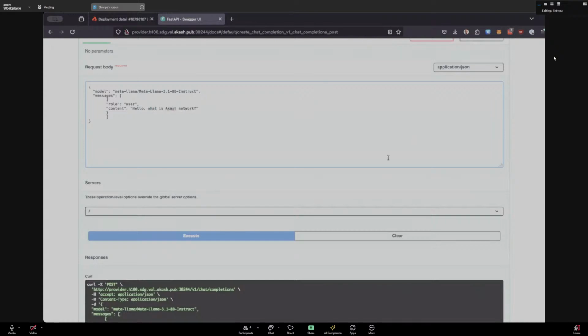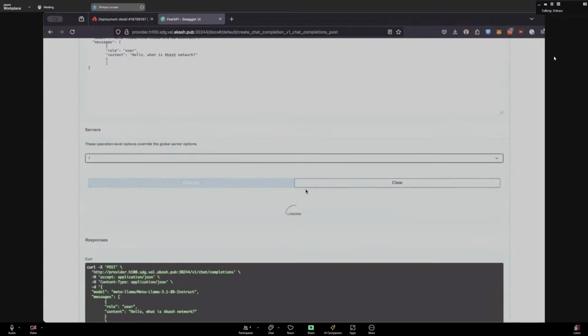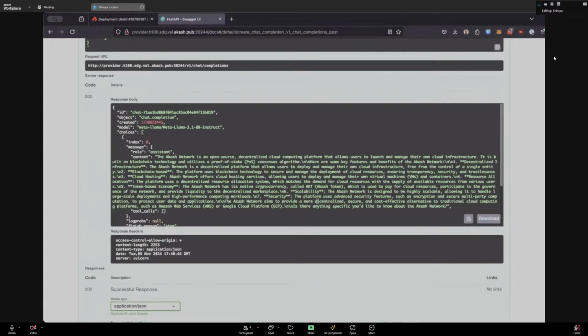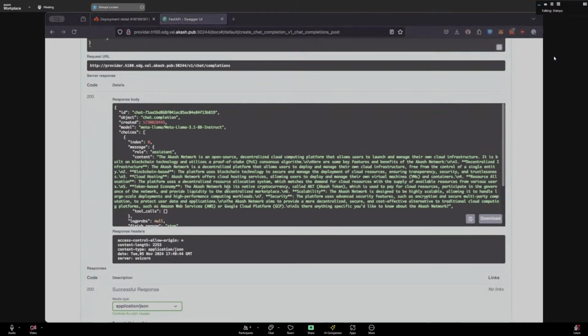Like that. Let's execute that and let's continue the conversation. So we have an answer right here, and we can even go with